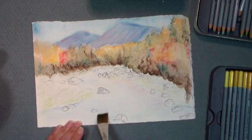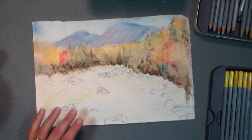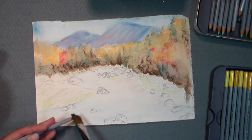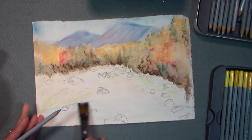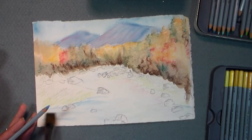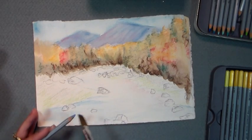I think I'm going to start doing more tutorials in this size paper. It seems to fill the screen quite well. I don't know, what would this be, an eighth? I think this would be an eighth of a sheet, because a quarter of a sheet is 11 by 14, so this would be like an eighth. So I'm just kind of